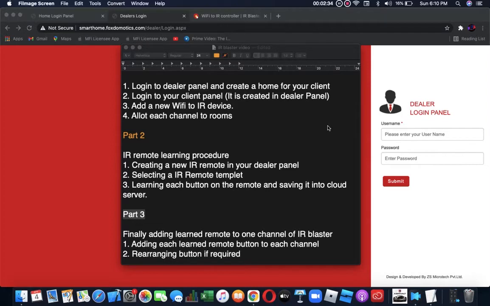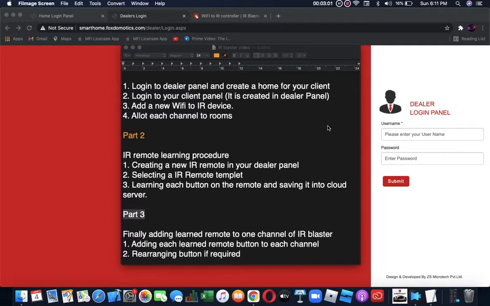Since the IR device has 4 ports, each port can be used in a separate room or in a single room. It's all your choice. So how to allocate rooms to the channel, we'll see here. This is part 1, just to add a remote and define the IP and all the other stuff. And the second part